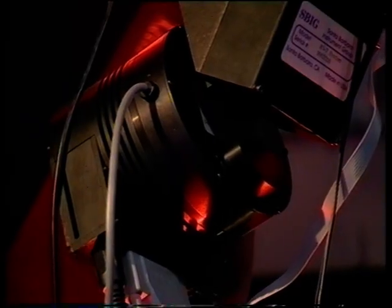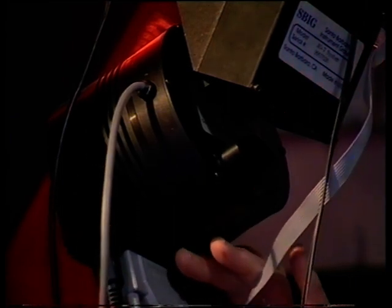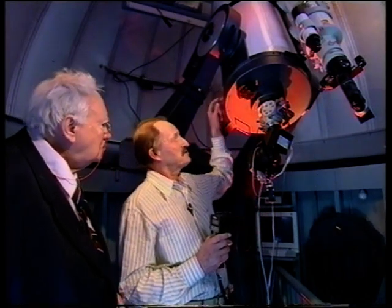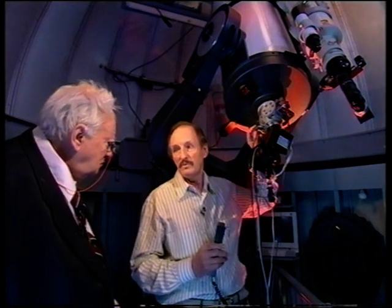Yes, this is the CCD camera, which has 2 chips. One large chip for imaging purposes, and a small chip on which to place the guide star for the purposes of guiding the telescope. The light path comes down through the telescope, through the robotic focuser, which can be operated from the computer room,